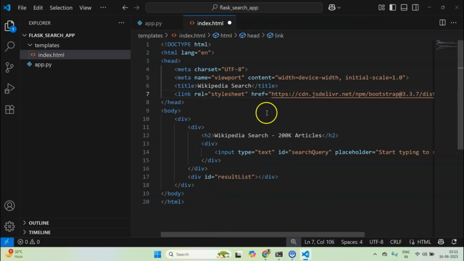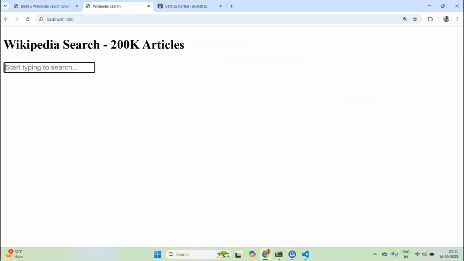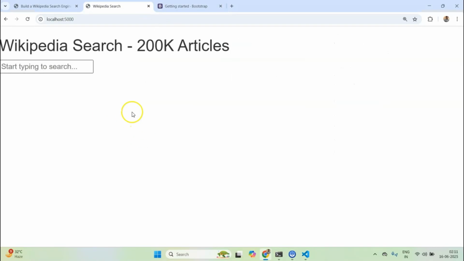Okay, now for each of these divs I can provide classes which are provided by Bootstrap. For example, I can provide the class of bg-light, background light, and let's reload the app and see what it changes. Currently it's white, but if I reload it, you can see immediately something changed.